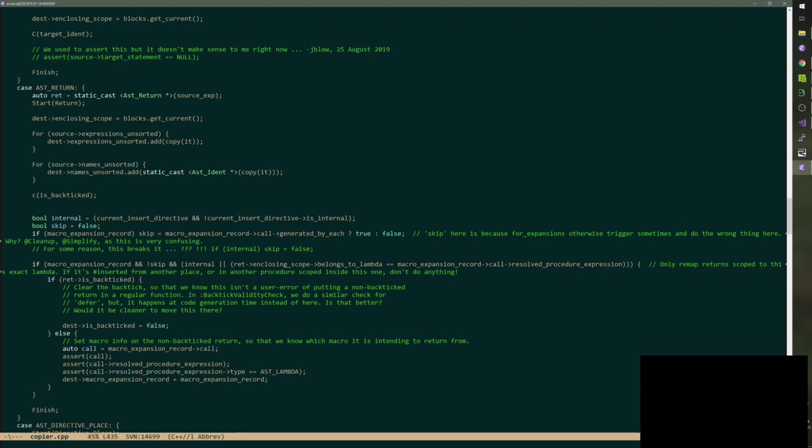So if there's an internal insert, don't skip the backtick handling. I don't get that. Oh, wait.